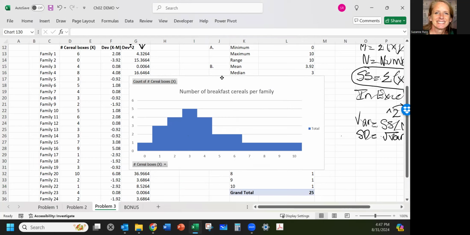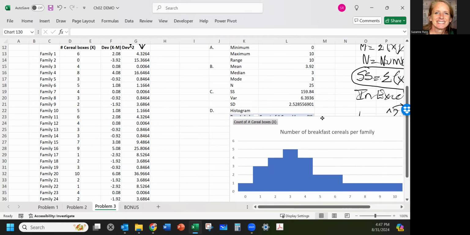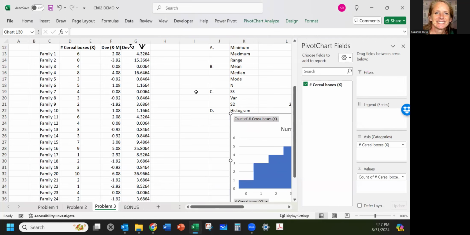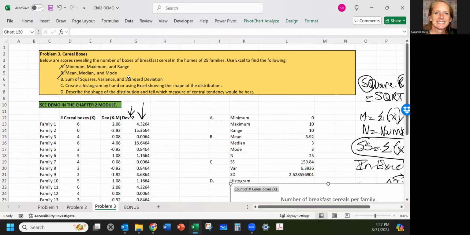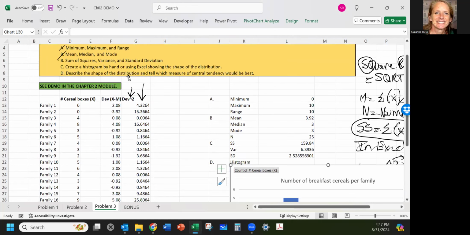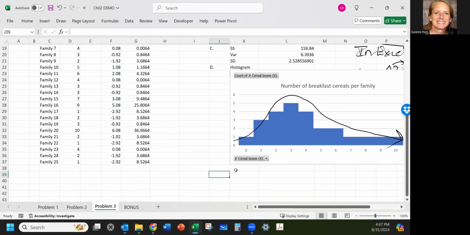Now I can see that this isn't exactly where I want it, so I am clicking on the outside frame here till I can drag it over. I'm just going to put it right on top of the frequency chart because we're not required to have a frequency chart. And now we're done with that problem. Our last one says, describe the shape of the distribution and tell which measure of central tendency would be best. To me, this distribution looks skewed. I see this long tail here pointing to the right. And so, going to problem E,